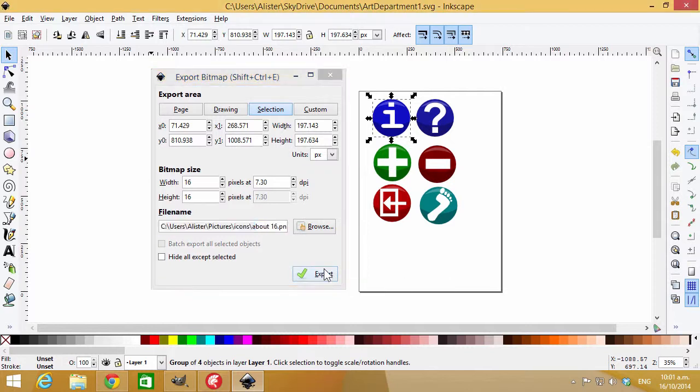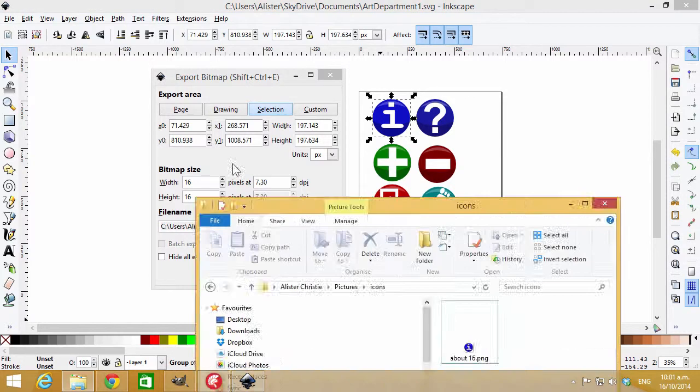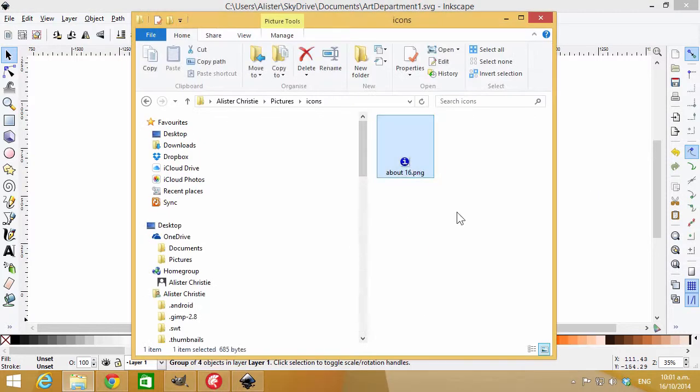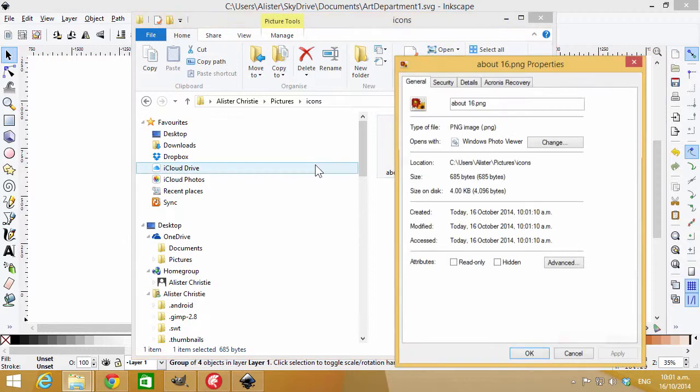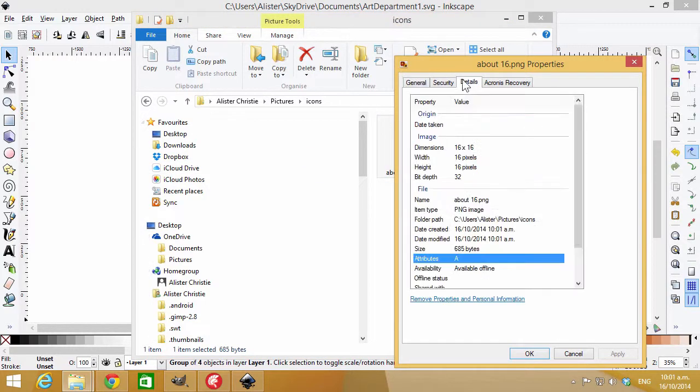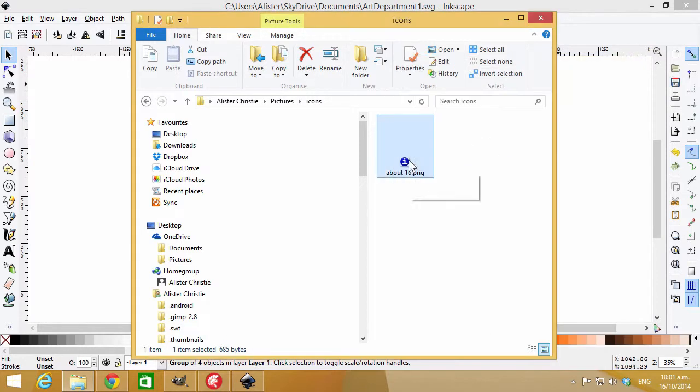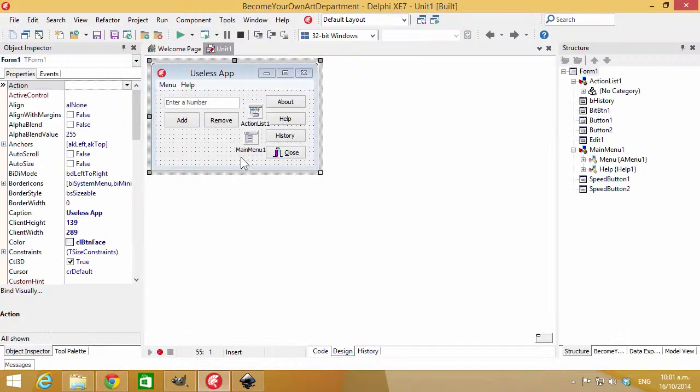I'm just going to go export, and if I bring it across, we see we've got our about 16. Go into properties, see it's a 32-bit image, so this is exactly the kind of image we want. It's got transparency, and if we go back to our Delphi application,